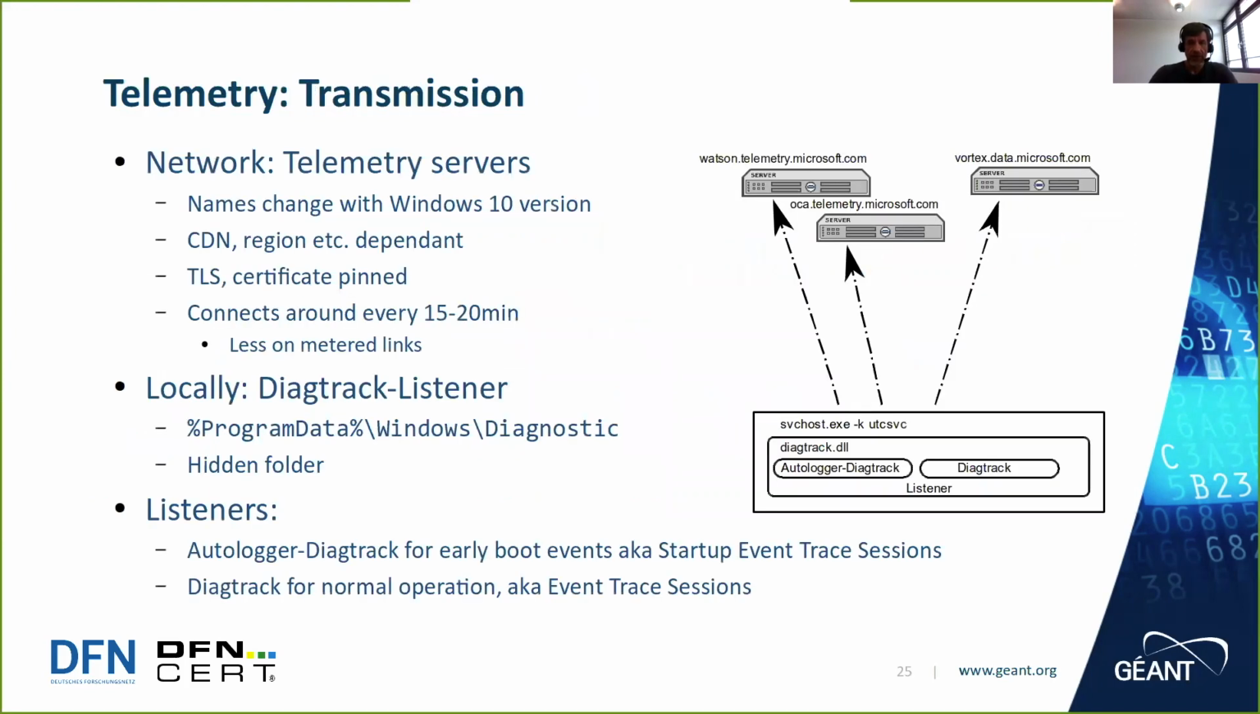So let me go a little more into the telemetry from the network side of view. Of course, I've said that this data is transferred to telemetry servers by Microsoft. Most of them go by the domain of telemetrymicrosoft.com, but there are also some additional domains. Microsoft has a web page where this is all laid out, and I've added this web page in the references